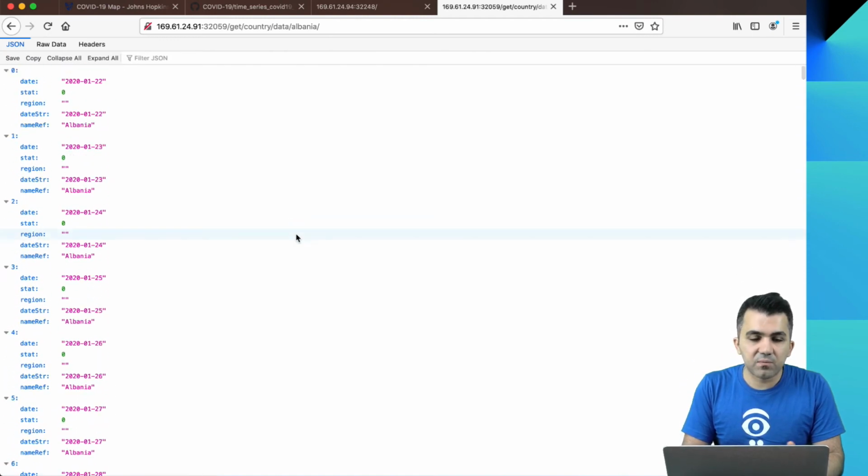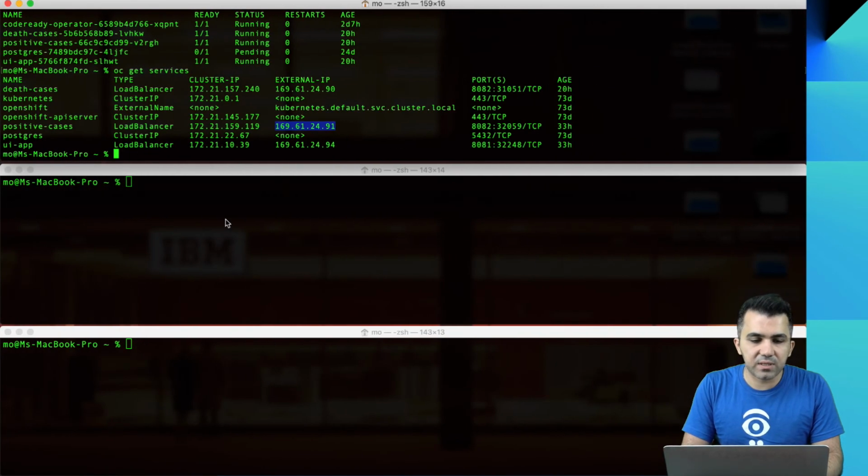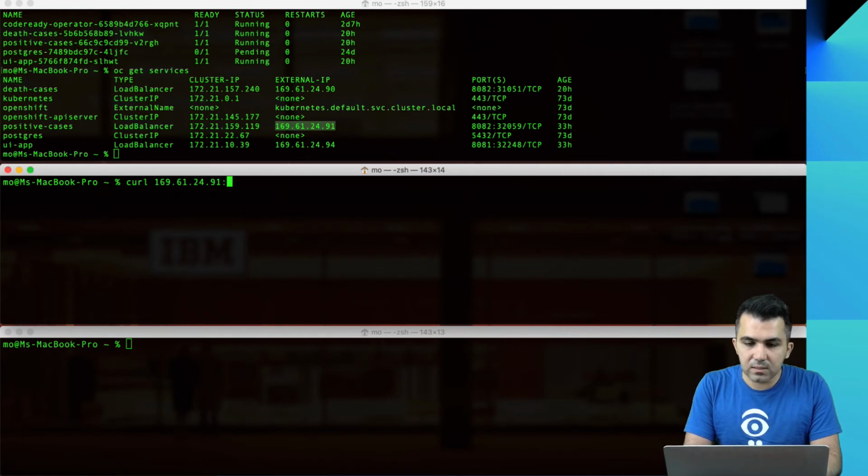The other one is if I want to just curl it through my CLI, I can just go ahead and run it, v59, then hello, so it should work. Hello world.